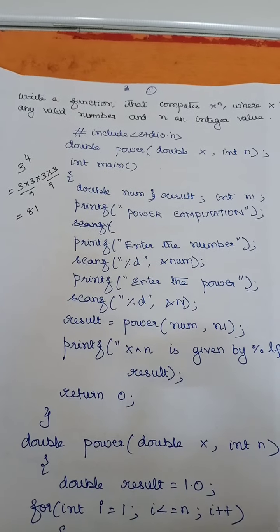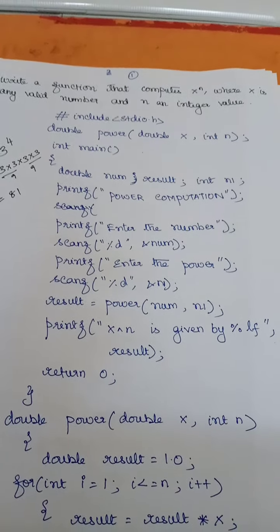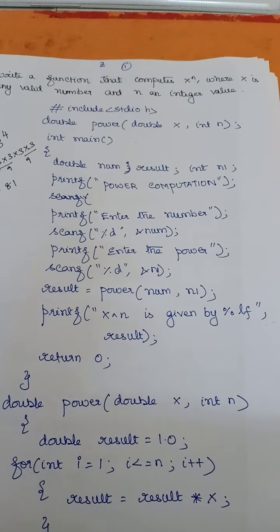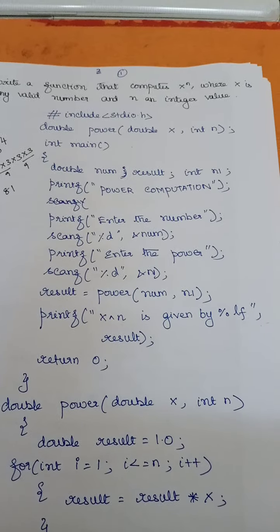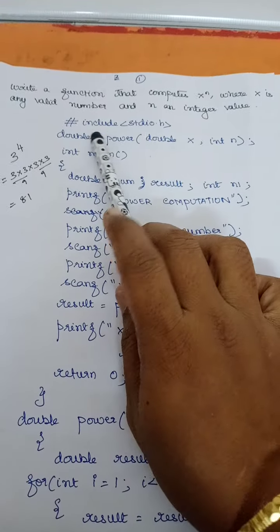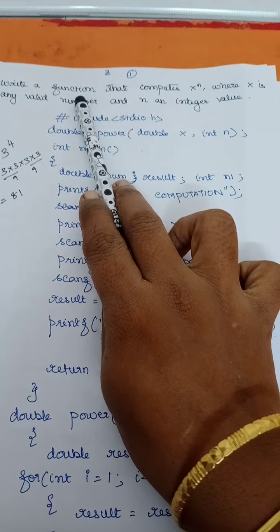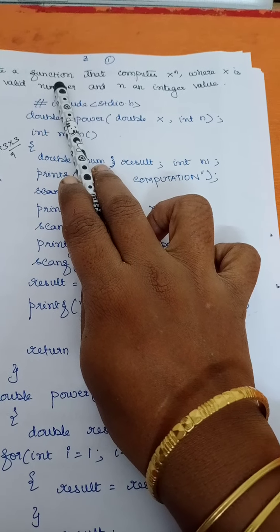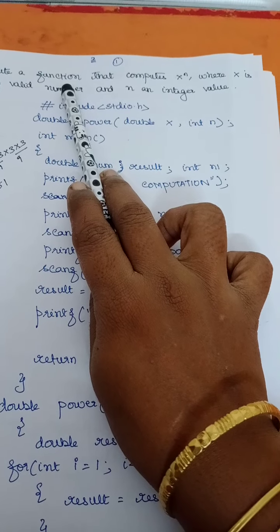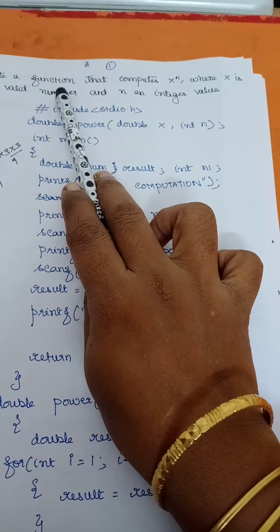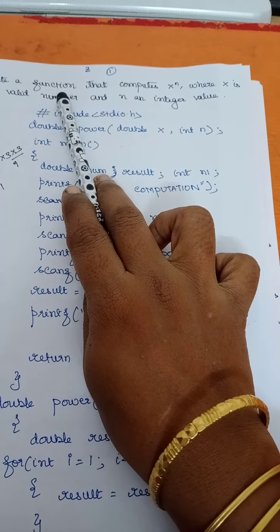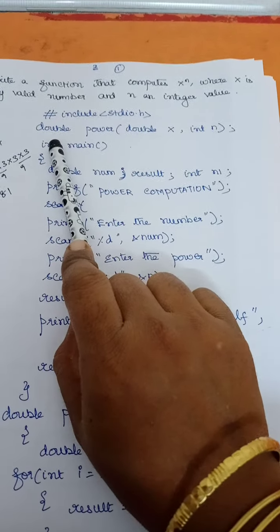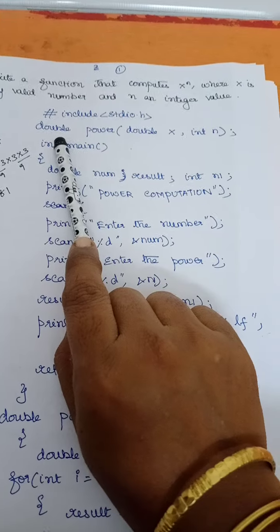Now we'll see how to do this without using recursion, and we'll see how to do it with recursion, right? Since you need to compulsorily use a function, already I told you that you can do any program without using a function also. But if you use a function, whenever we want, we can call that particular function to compute x power n, right? So now we'll see the declaration of the function.